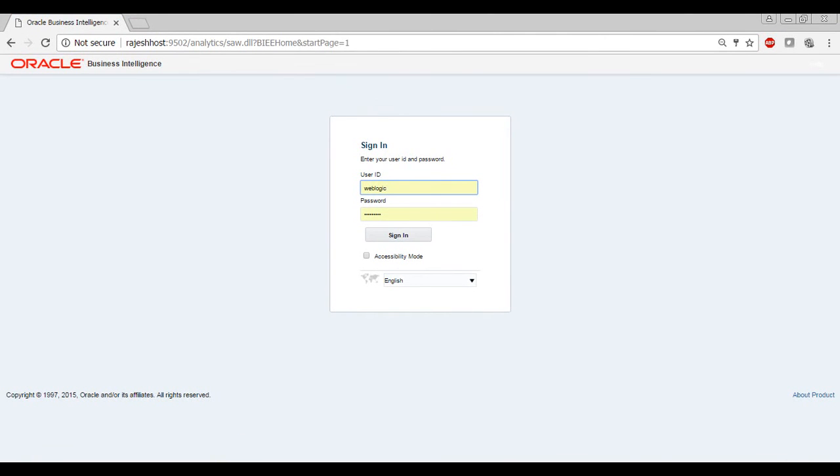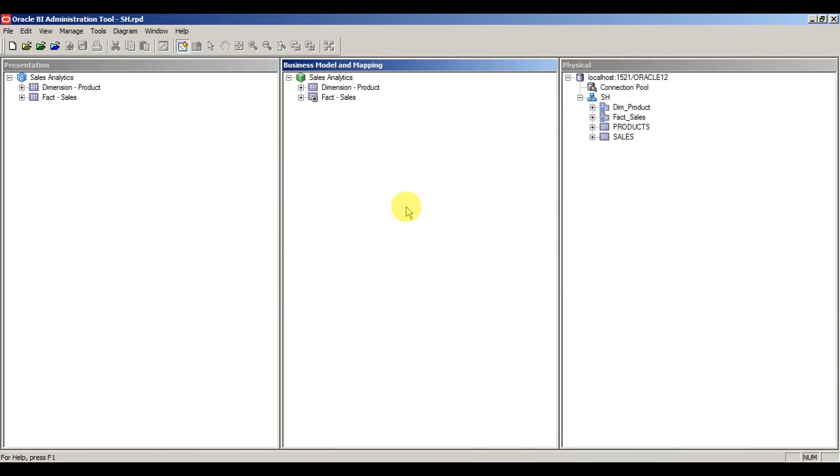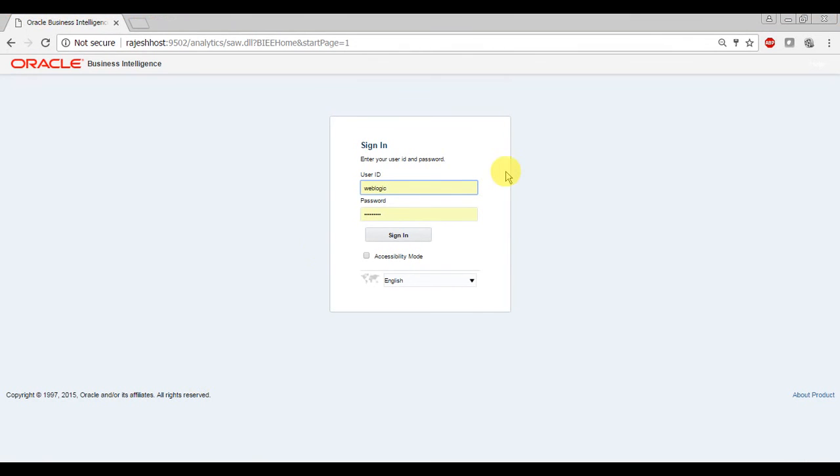In this tutorial we'll see how our RPD, which we created in previous sessions, looks in OBI. So just to review, sales analytics is the subject area, and these two are the tables that are present. So open your OBI, enter the username and password, and click on sign in.